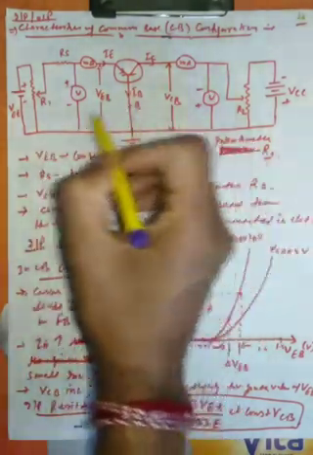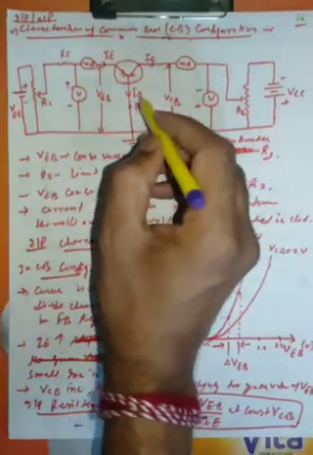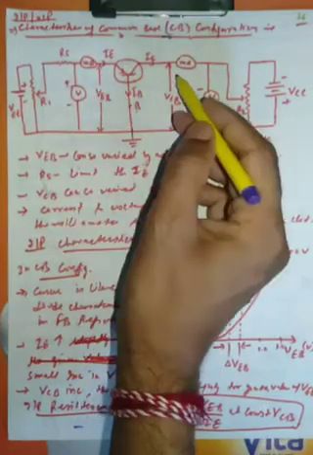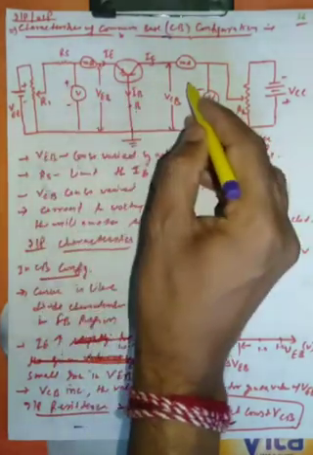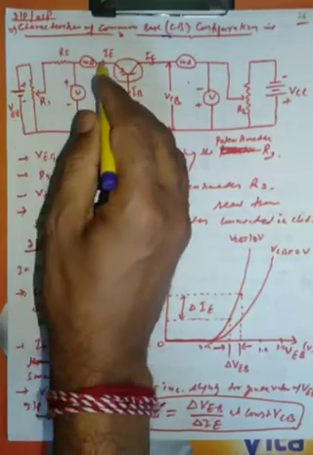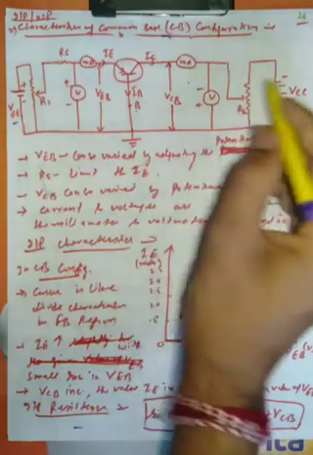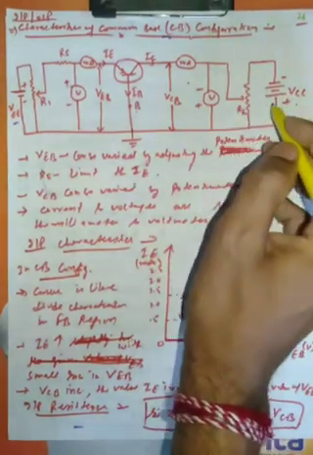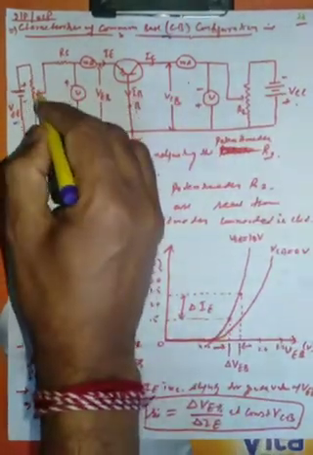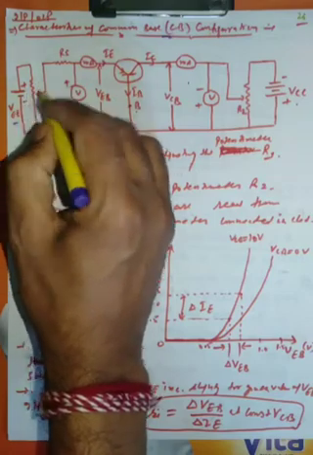So this is the circuit diagram of common base configurations, in which you can see base is common to both the input and output side. This is the input side and this is the output side. Input voltage is applied across the emitter, known as the emitter voltage VE, and VCC is the collector voltage at the output side, and this is the potentiometer through which we can vary the voltage.